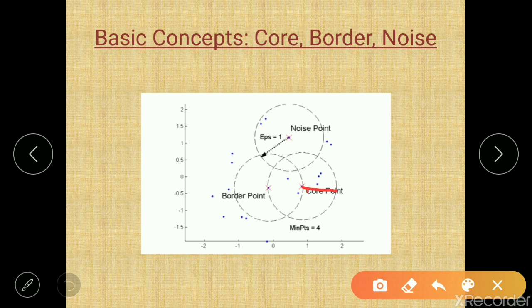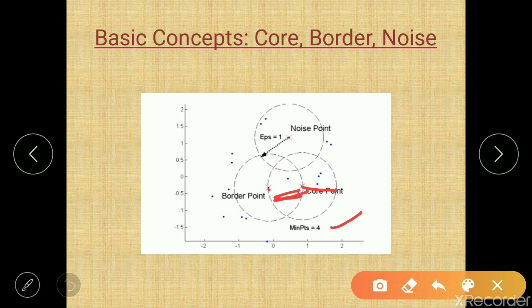Now, what about a border point? This I am selecting as a border point. Why is it considered a border point? It is within the epsilon radius, and how many points are present in it? Only 2 points. Our minimum points value is 4. It is not satisfying the minimum points value but is within the epsilon value, so we are taking it as a border point.